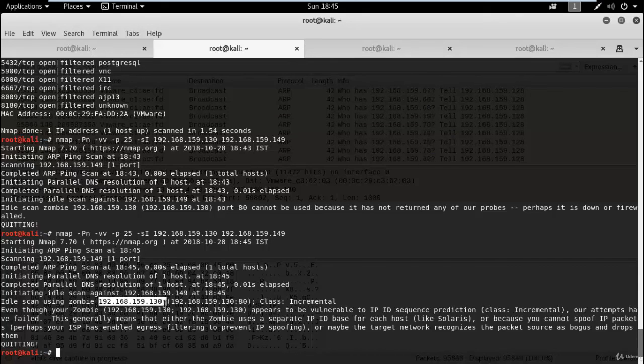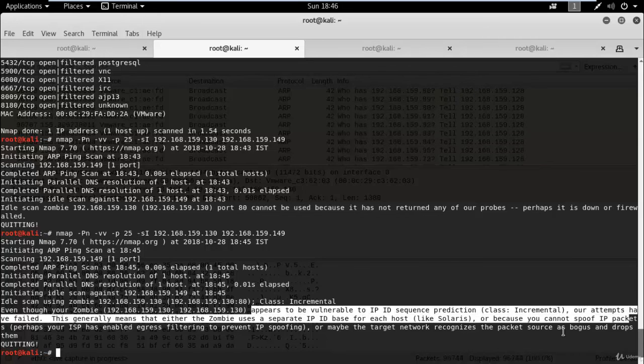Here you can see IP address .130 is sending packets to the target device. The zombie appears to be vulnerable to IP ID sequence prediction, and our attempt has failed.